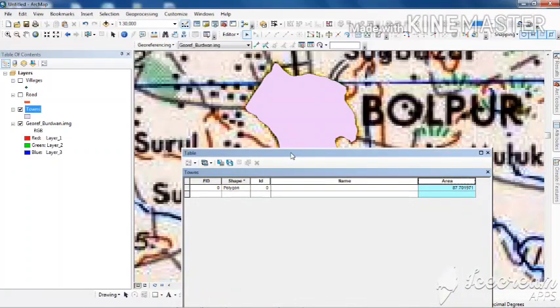Now I will write the name over here. It will be Bolpur.